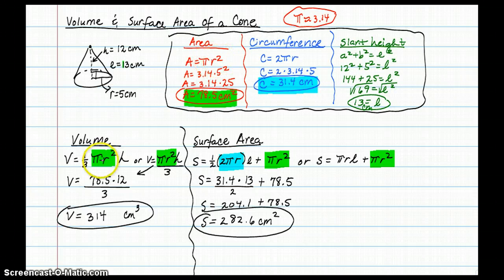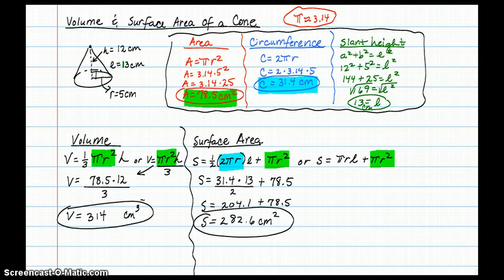So the area is 78.5 centimeters squared. That's our pi r squared. I'm going to substitute it in here to the pi r squared. So 78.5 times the height of 12 divided by 3, because remember, this pi r squared h, that's the cylinder formula. Essentially, three cone volumes will fit in the cylinder volume with the same base and height. So you have 78.5 times 12 divided by 3 in your calculator, which gives you a volume of 314 centimeters